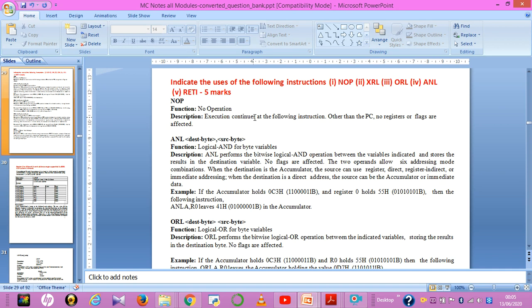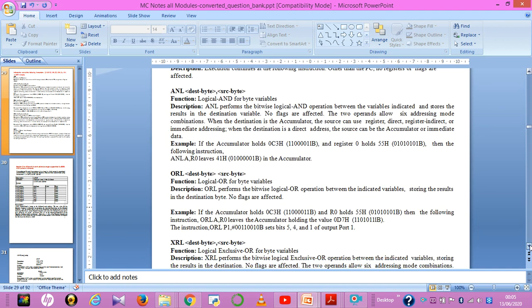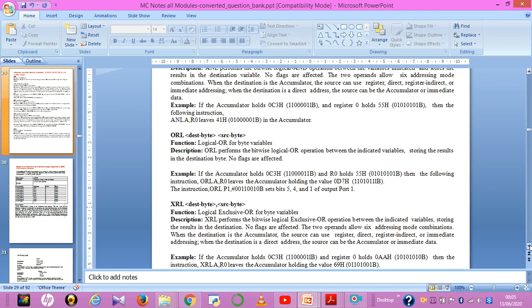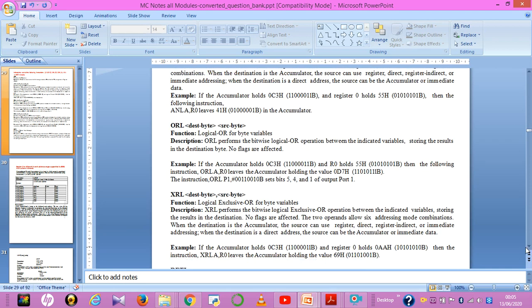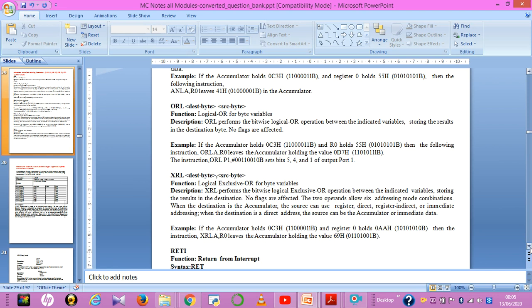And ORL, it's the same as ANL, but it is going to perform logical OR operations. Again, we can use any addressing modes. Next, XRL, again it is the same as ANL, but it is going to perform XOR operation only. It performs a different operation compared to other logical operations. Again, you have to write using any other addressing modes.